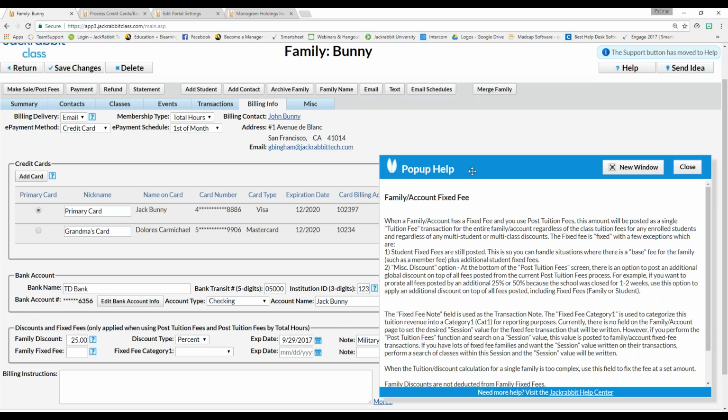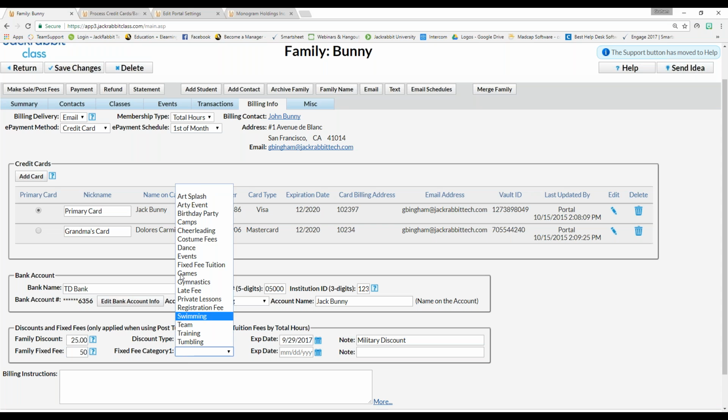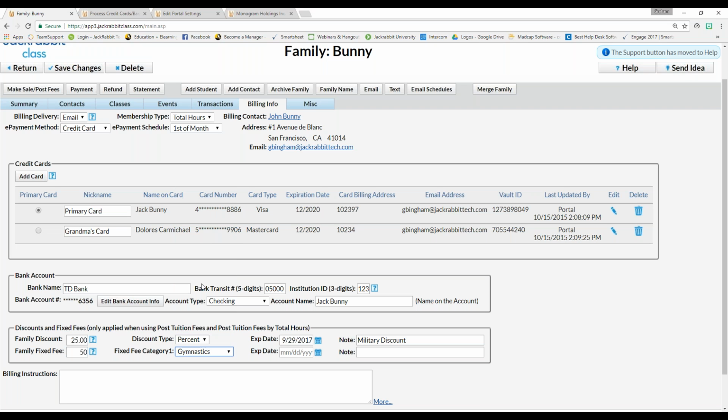This information is shown here in the pop-up help if you want more information. But you can just put in, let's say, 50 and fixed fee category. You want to put in whatever category best serves them. So let's say we want to put this in as gymnastics. And you can also put in a fixed fee expiration date and put in a note. Staff rate, something like that. The thing about this is that every time you post a fee to this family, they